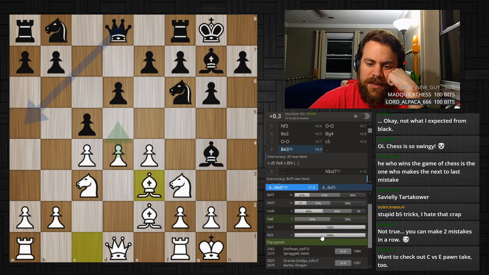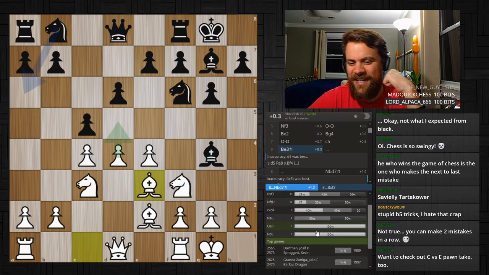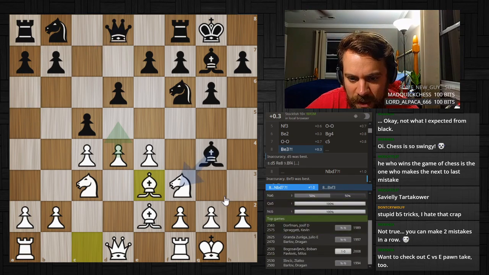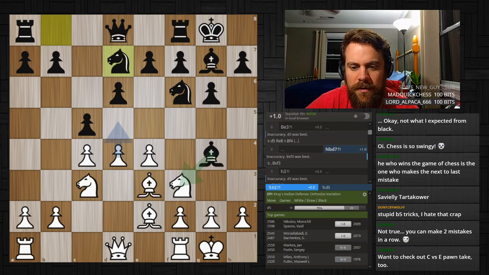Okay, bishop e3, not the most common move, and not what Spassky played. So we're just about out of any theory here. Okay, we're transposing back into some theory. Still wants me to play d5. Never really occurred to me, I mean...